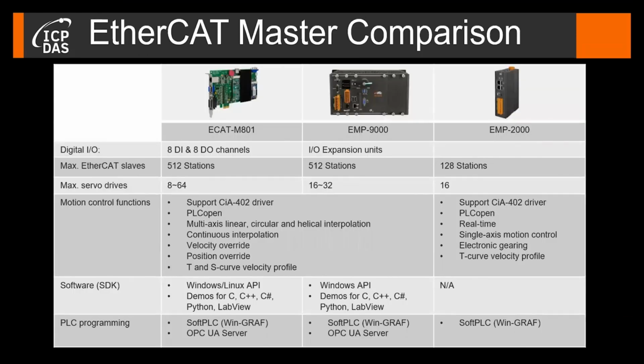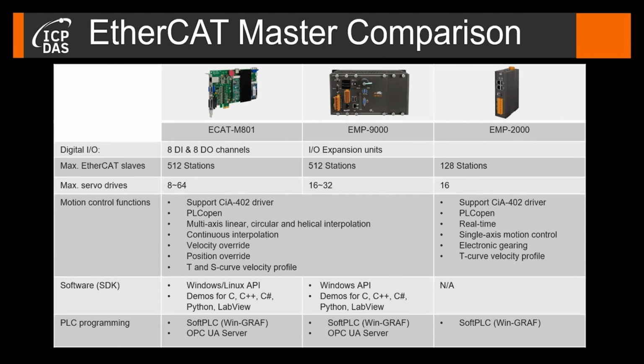The table compares the key features of our EtherCAT master types. The ECAT M801 and EMP 9000 are similar EtherCAT-based motion controllers. Commands such as single axis, circular, and helical interpolation motion commands are supported. Applications can be written in any standard programming language. The main difference between both controllers is that the ECAT M801 runs on Windows and Linux and can control a larger